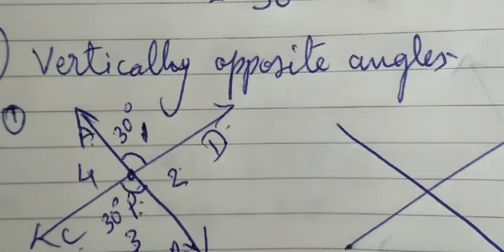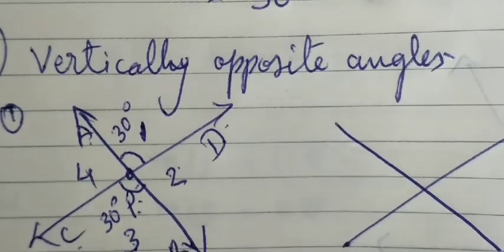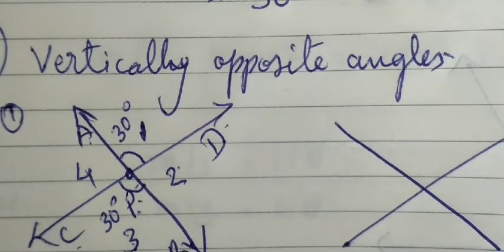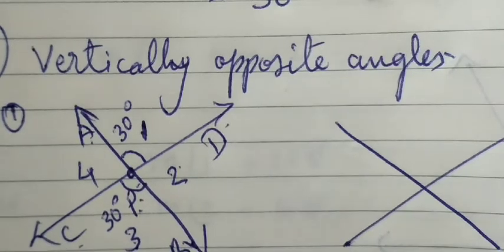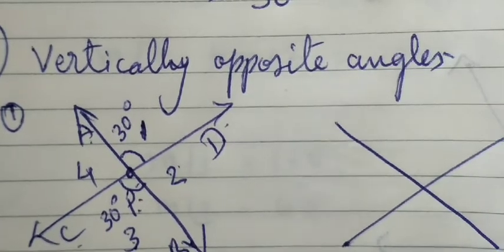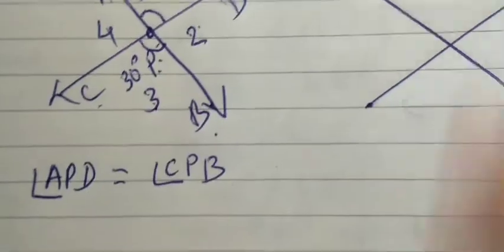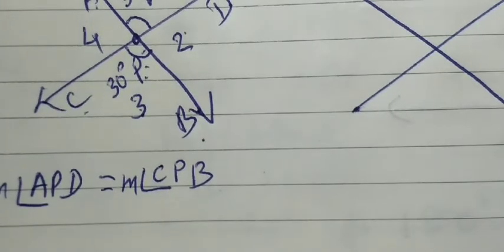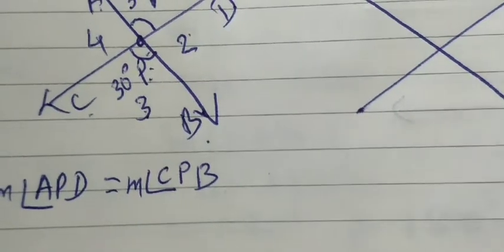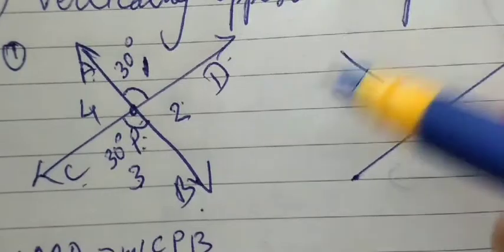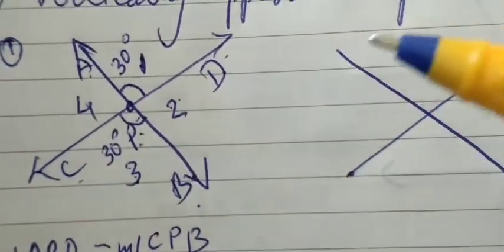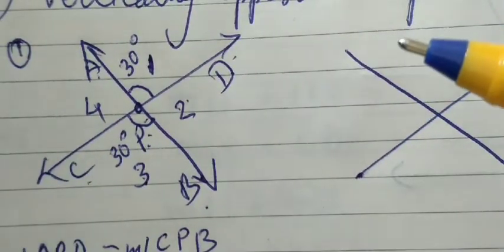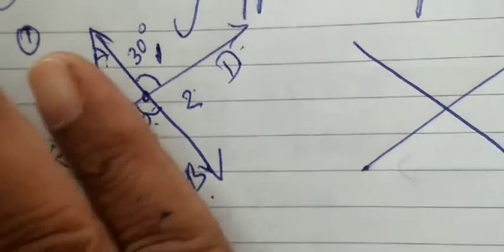So angle APD, this can be read as DPA also, will be equal to angle CPB. Okay, measure angle APD is equal to measure angle CPB, as they are vertically opposite angles. And what about angle 2 and angle 4? They are also going to be the same. How? If I press this,